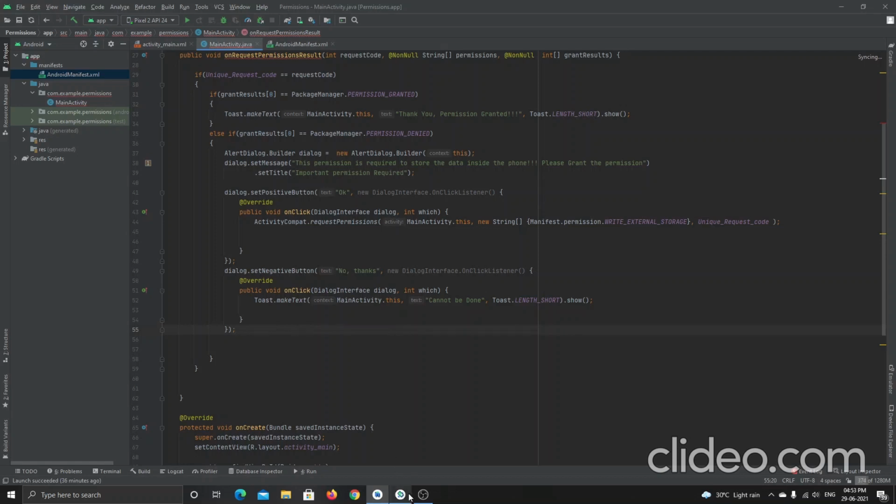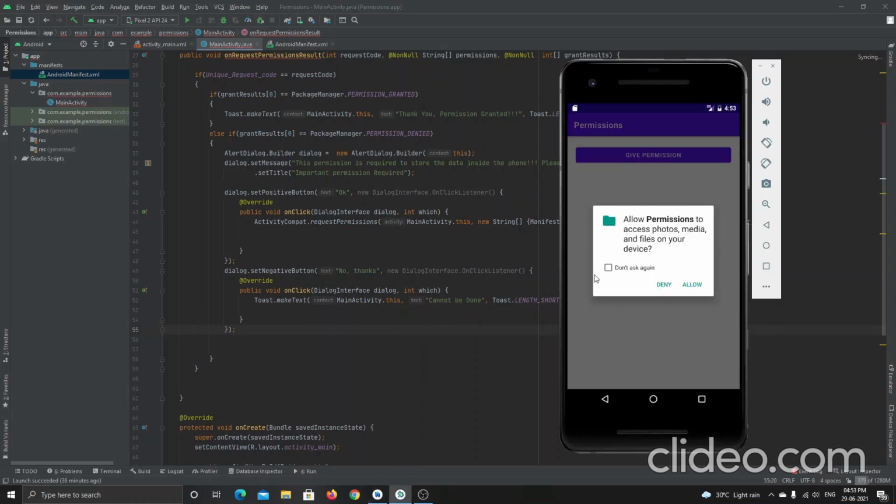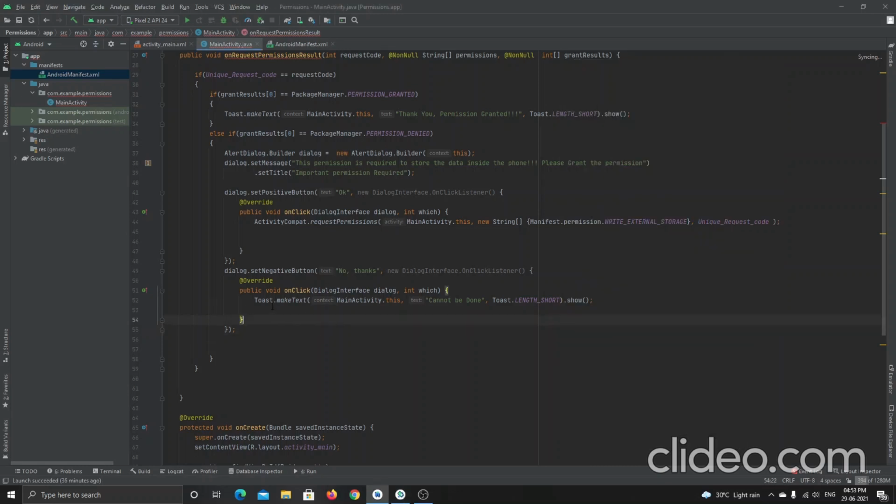But what if the user clicks on this never show again message, this button, don't ask again? It will not ask again, right? So we have already declared this for the two buttons, and then it's over for this else, for this if button. Okay, what I want to do is just show the dialog box now. Okay, dialog dot show. Yeah. Now it shows the dialog.